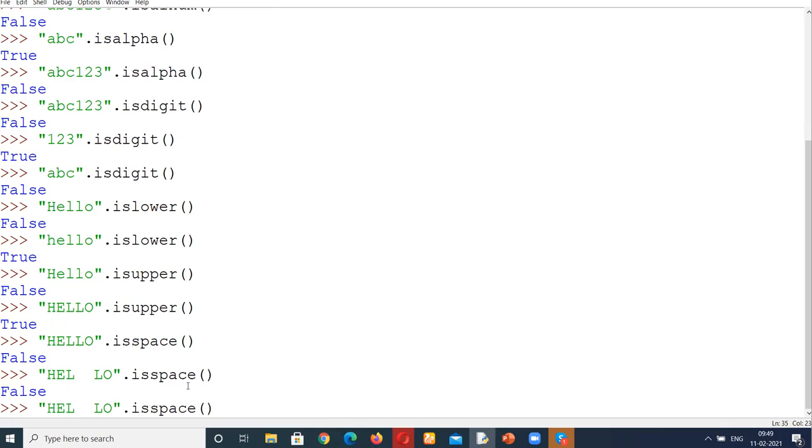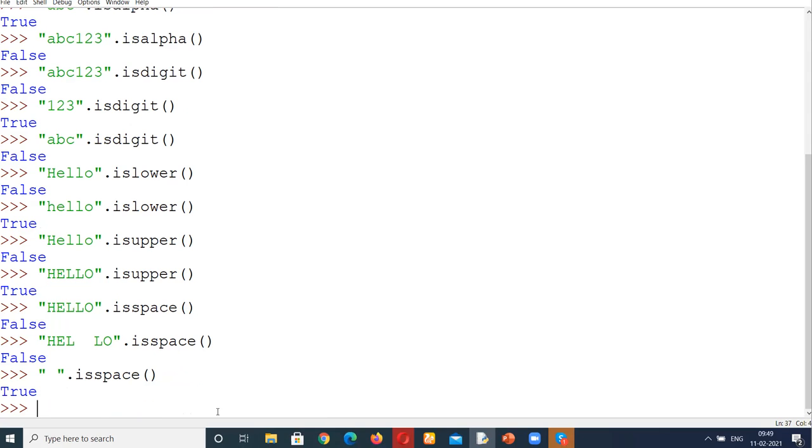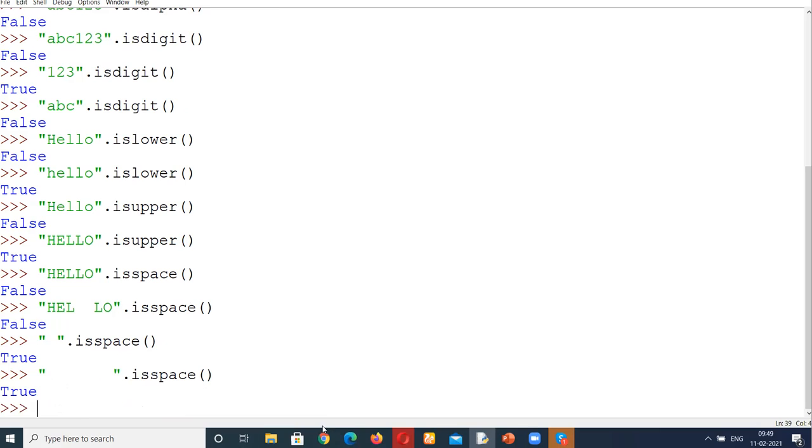But we are going to check a few things. For example, if I give only a single space, it will work perfectly. Similarly, if I give multiple spaces, then also it will work perfectly. The reason is because all these are one byte of information in the system. Fine. One more thing we will check.